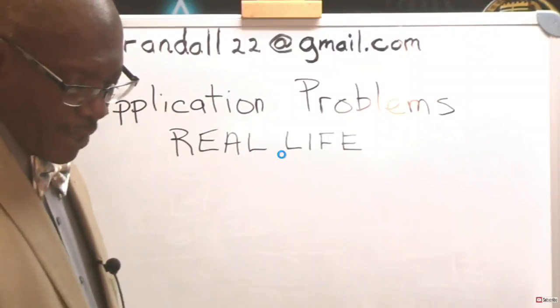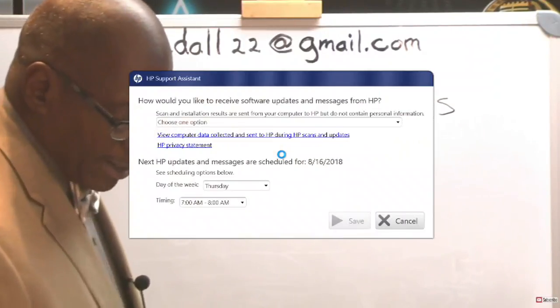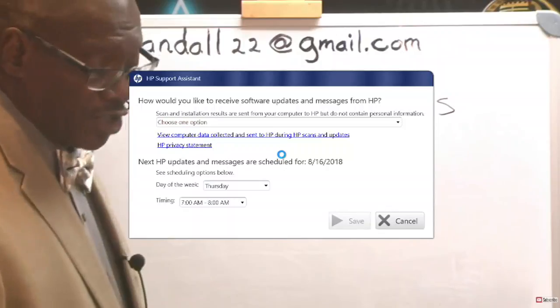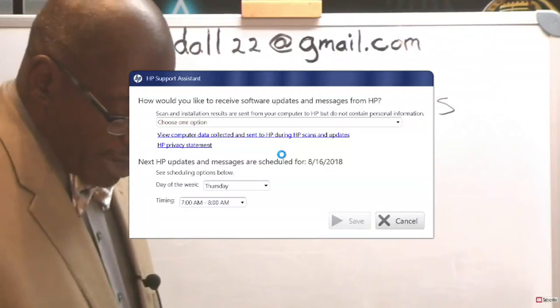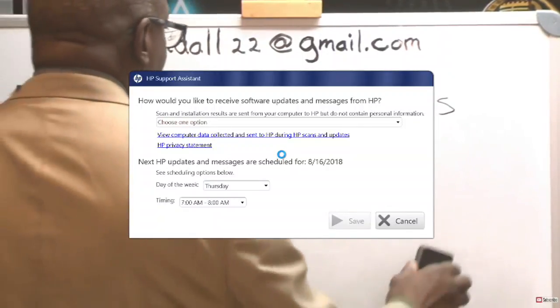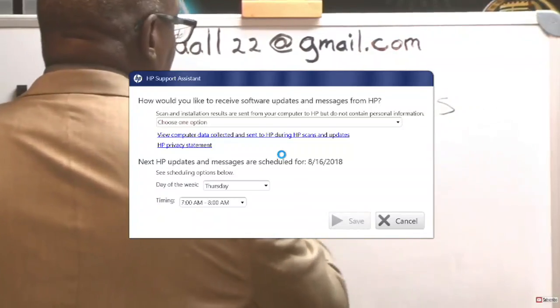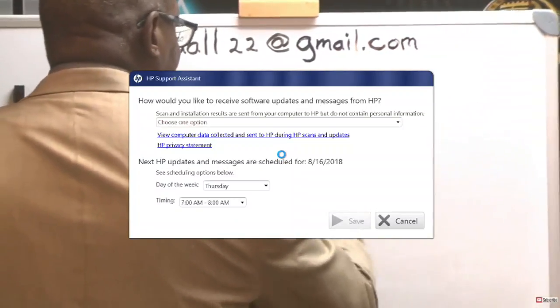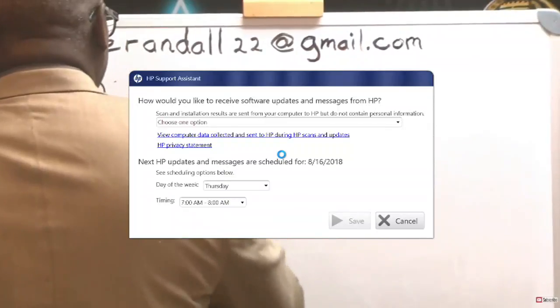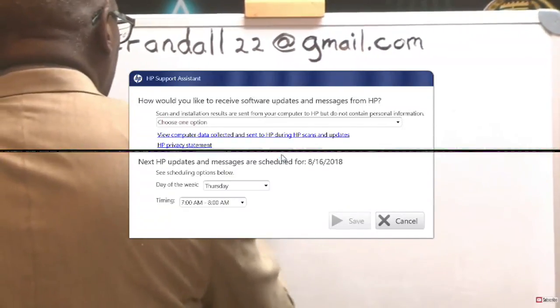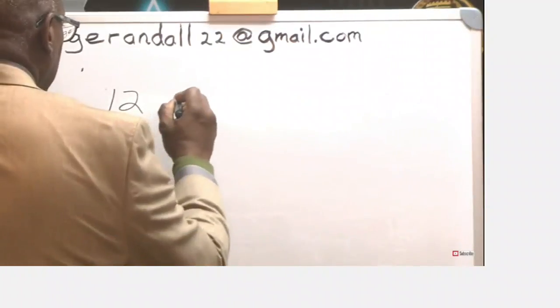It says, how many feet of lumber are needed to make 12 shelves, each measuring 5 2/3 feet? Okay. Now, first of all, again, how many? That infers that we have to do some multiplication. And what figures do we have? We have 12 shelves times